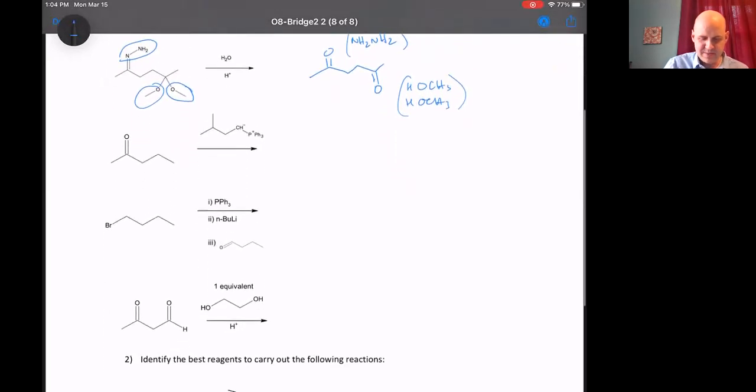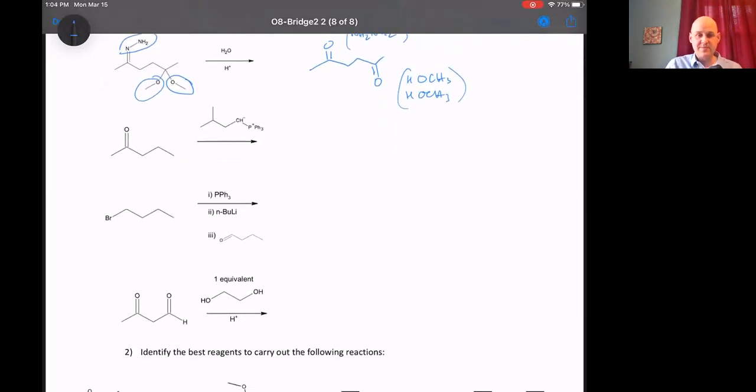The next two problems are about the Wittig reaction, which was a little bit more complicated. So the Wittig reaction involves, it kind of seems like it's 3 steps, but it's important keeping track of which ones go together. If you start with an alkyl halide and you add PPh3, triphenylphosphine, and then n-butyllithium as a really strong base, these guys get together and make an ylide. And I don't think that it's completely necessary to be able to walk through every step of the mechanism there, but the idea being that you started off with 4 carbons,